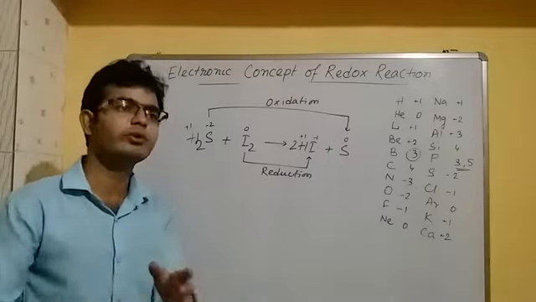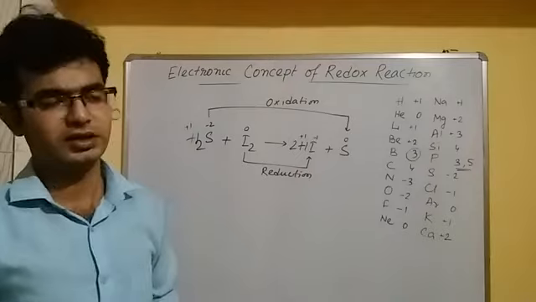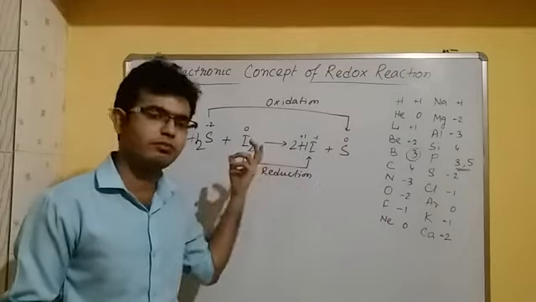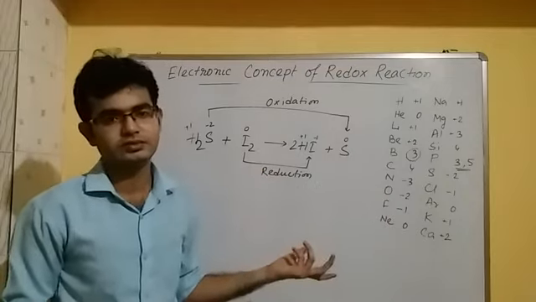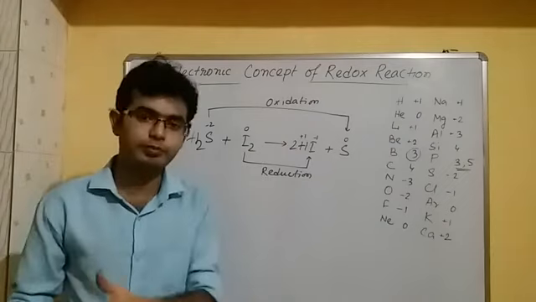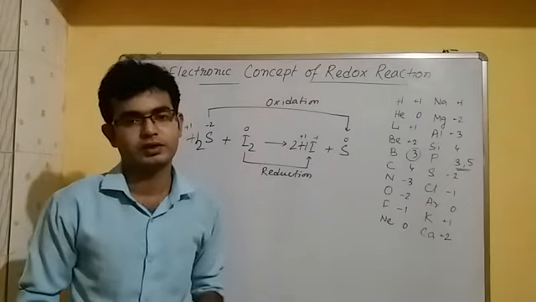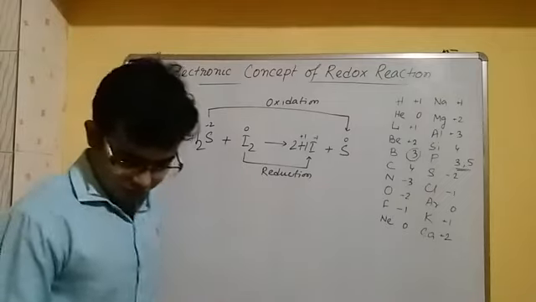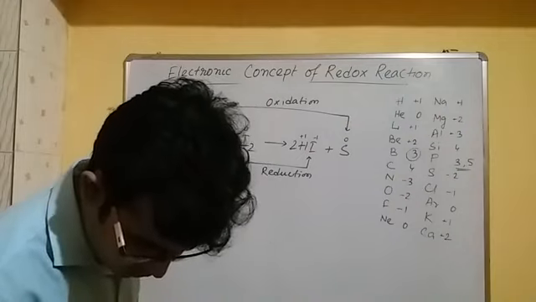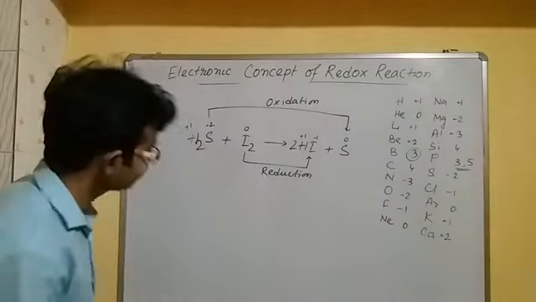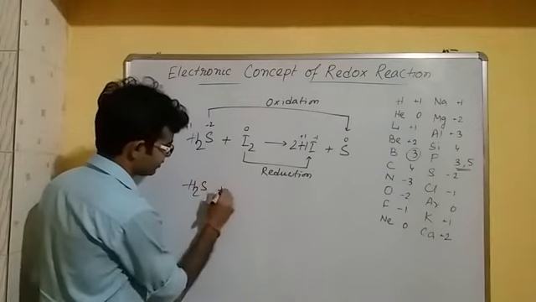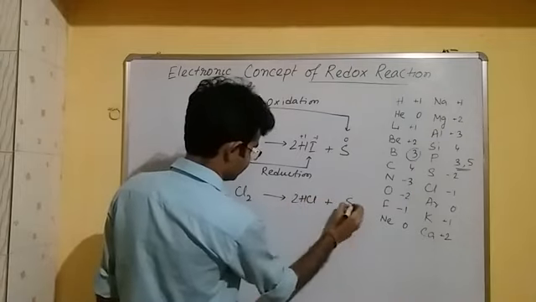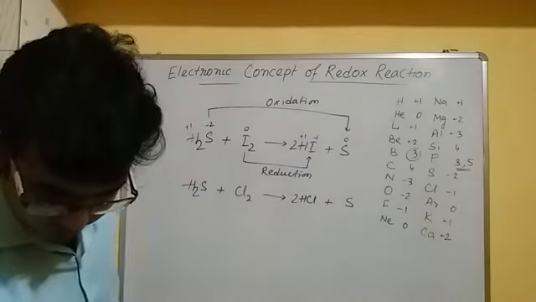Those students who are willing to take science in class 11, you have to learn this very carefully because this one is much more important. You will face a different chapter, that is redox reaction. Okay, balancing redox reaction. There you have to learn this again. Okay. So I am giving another question, and you have to solve it by yourself. H2S plus Cl2 forms 2HCl plus this. So easily you can identify this.